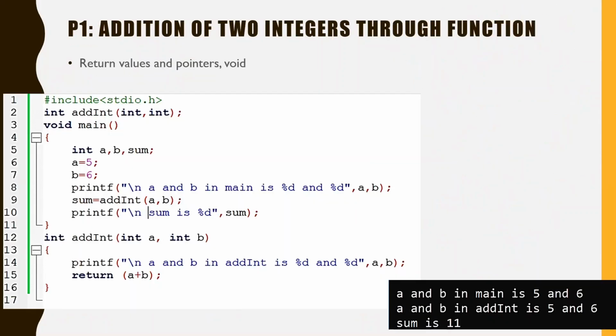Now in this video we will start with an example of a user defined function, and the function is for addition of two integers. This program is very basic and you might have done it in your initial classes: the two integers are taken as input and their addition is produced as output. It should not be more than 5 lines: declare an integer c, take c equals a plus b, and print this c. So this should be a simple program. I might not say that this is the best application for a function, but for understanding purposes we are taking a simpler application to understand the various parts of the function.